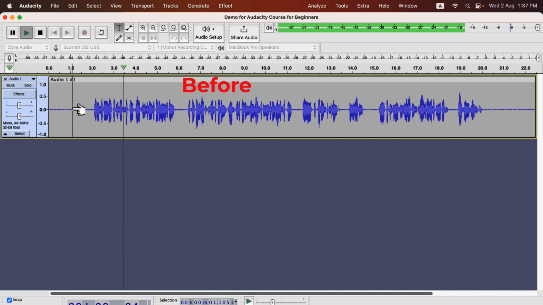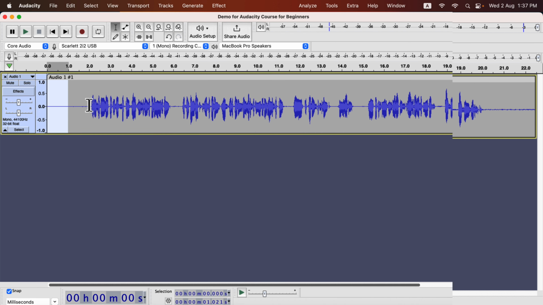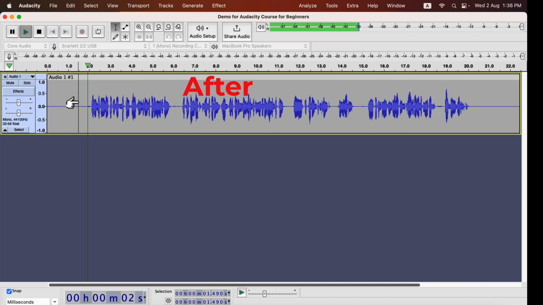Audacity is a pretty good software for voiceover recording and editing. If you can get good recording, noise-free recording, then Audacity may be the